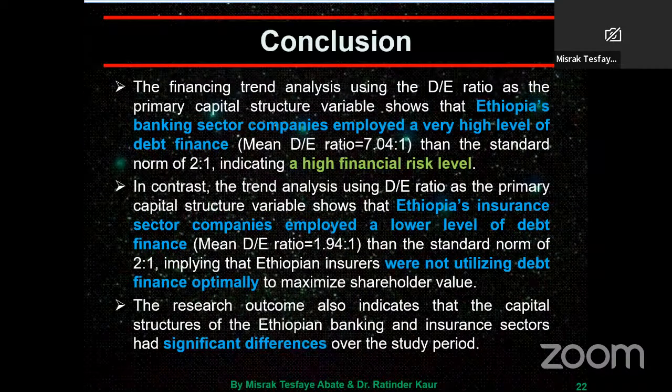Coming to the conclusion, the financing trend analysis using the debt equity ratio as the primary capital structure variable showed that Ethiopia's banking sector companies employed a very high level of debt finance, which indicates a high financial risk level. In contrast, Ethiopia's insurance sector companies employed a lower level of debt finance, implying that Ethiopian insurers were not utilizing debt finance optimally to maximize shareholder value. The research outcome also indicates that the capital structures of the Ethiopian banking and insurance sectors have a significant difference over the study